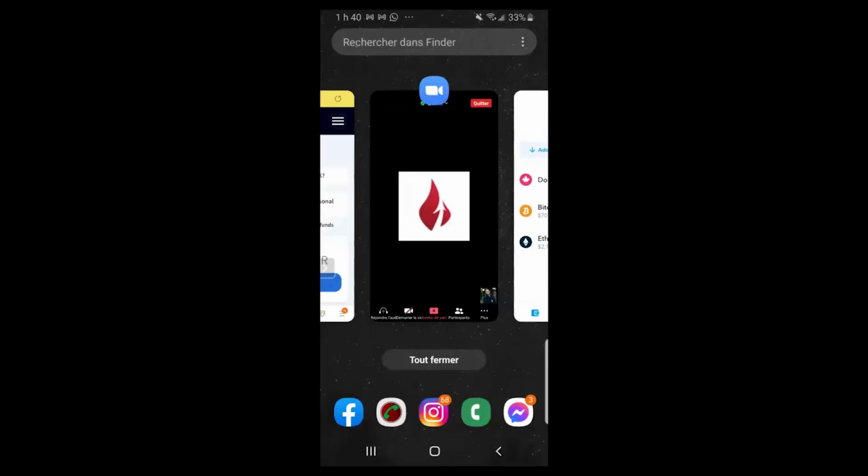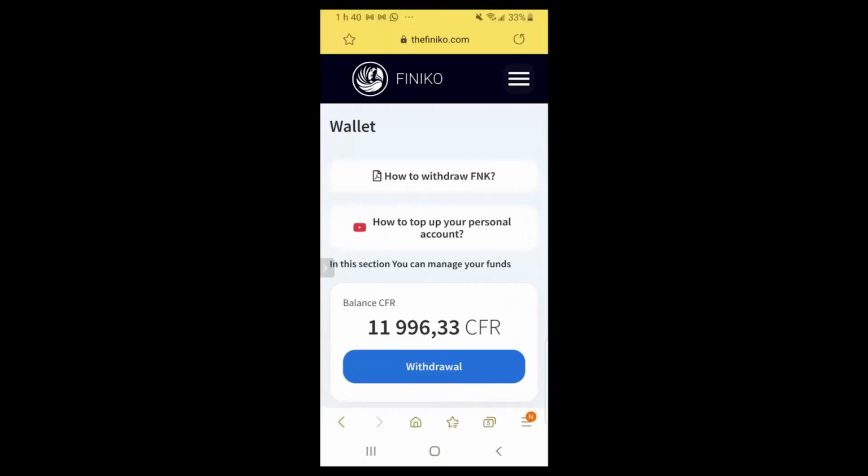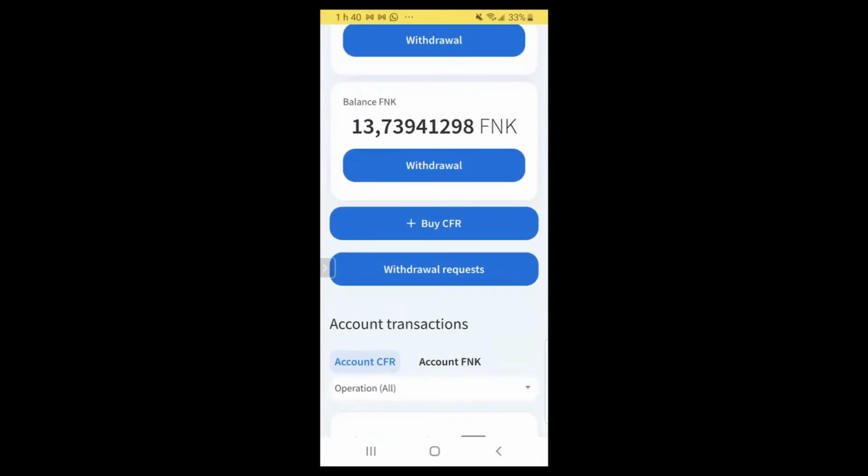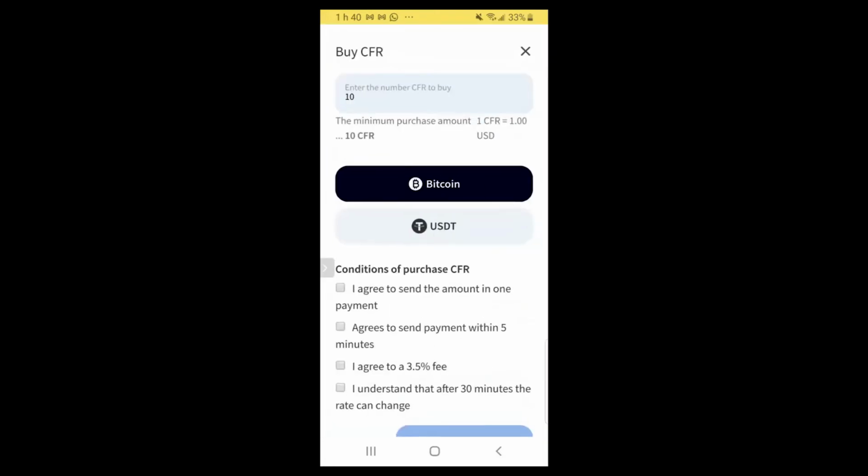So now I'm going to the Finiko website. This is the main page. And you have to click on buy CFR. Just to make sure, one CFR is the equivalent of 1 American dollar, so it comes to exactly the same amount. But the minimum you have to send is $10. So if you want to test out everything, just make sure it works. We strongly suggest you start with the same $10 or $20 just to see that your Finiko wallet receives the